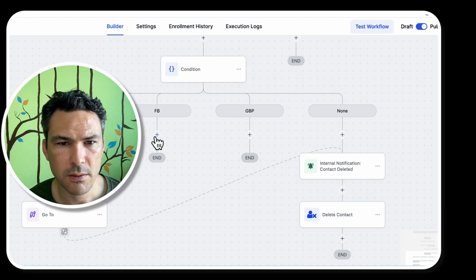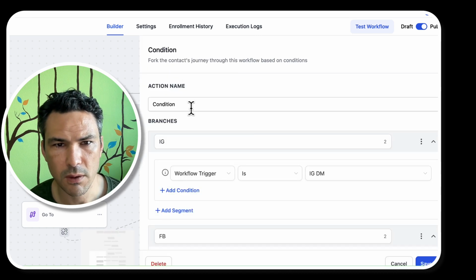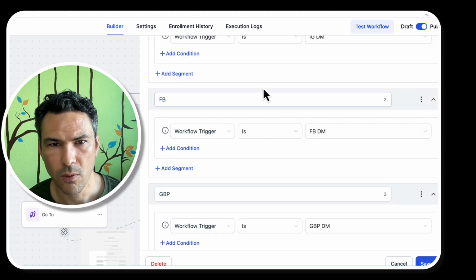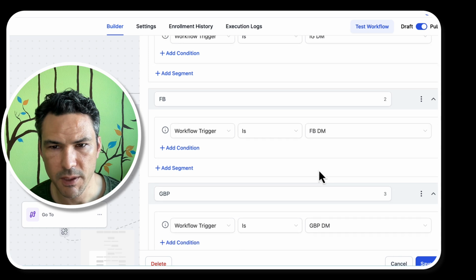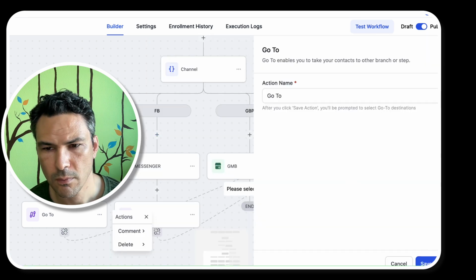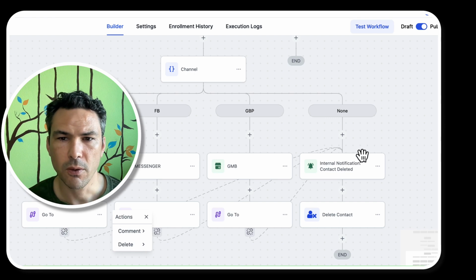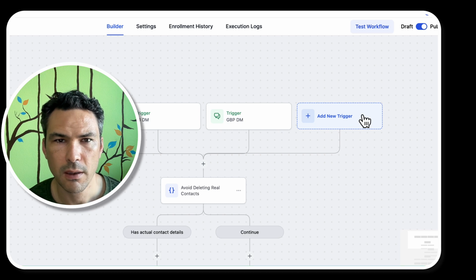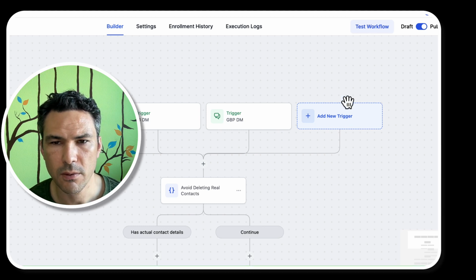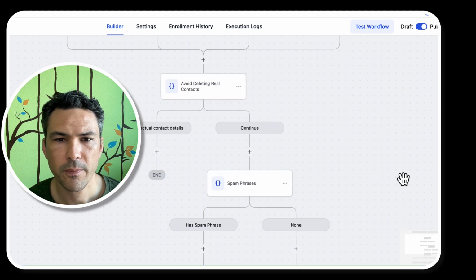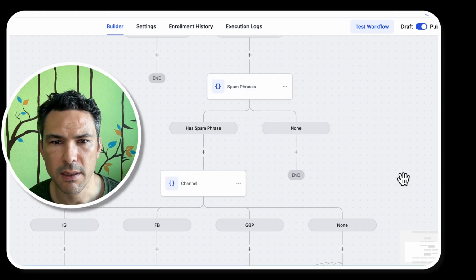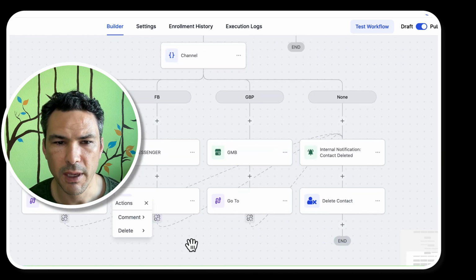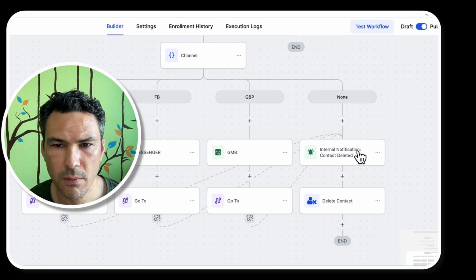And we're just going to replicate this. The way this condition works is workflow trigger is Instagram, workflow trigger is Facebook, etc. Okay, so if you come in and customize it and you add your own, let's say you have another method or you want to include texting or whatever, maybe someday TikTok and all that kind of stuff gets added, then you would just add another branch and replicate like this, where they all go to this